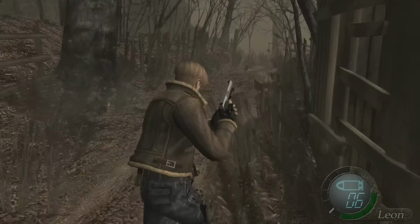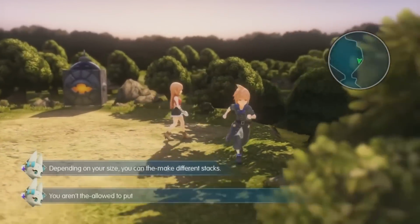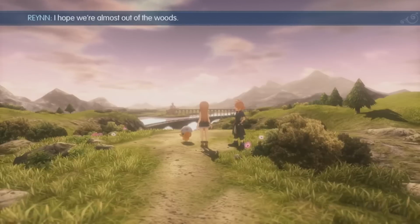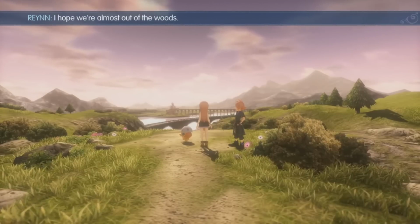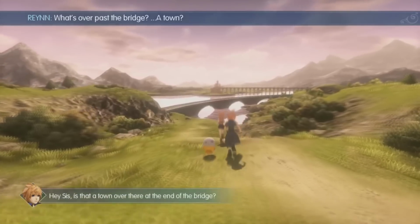Okay, so next up is a game you can pick up right now for around $16 on eBay, and that is World of Final Fantasy. Now, this one is kind of like, not a lot of people talked about it. It's been out for almost 2 years. Basically, it was almost like a celebration. It is a spin-off Final Fantasy game, but it was almost like a celebration saying, hey, Final Fantasy